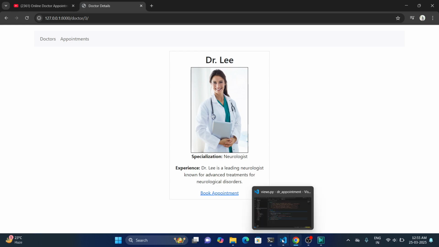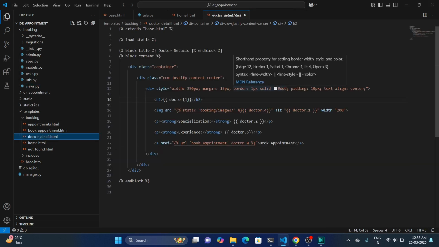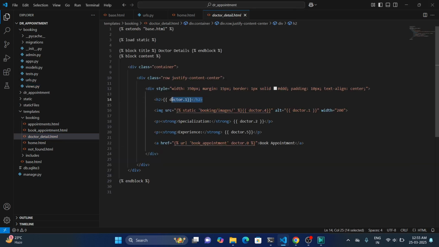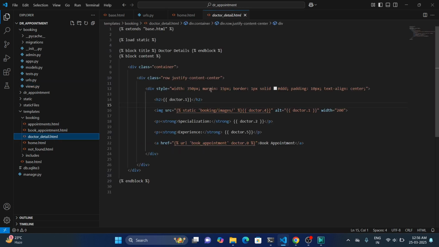For this doctor details, doctor.1 means, right now after the match, let's consider our 3. We click on 3, because 3 is equal to this. So our list will be passed through this template, where the control is right now here, and then we can see that doctor.1 means